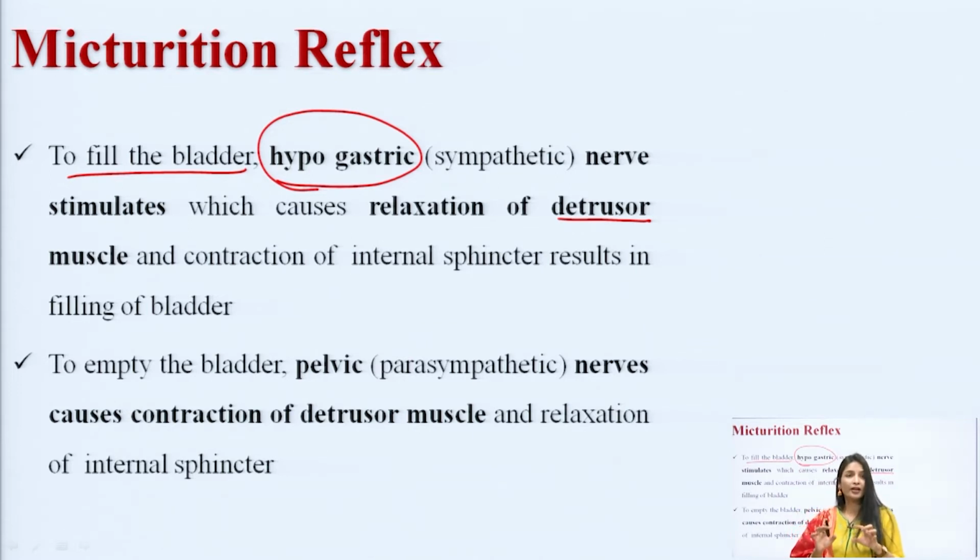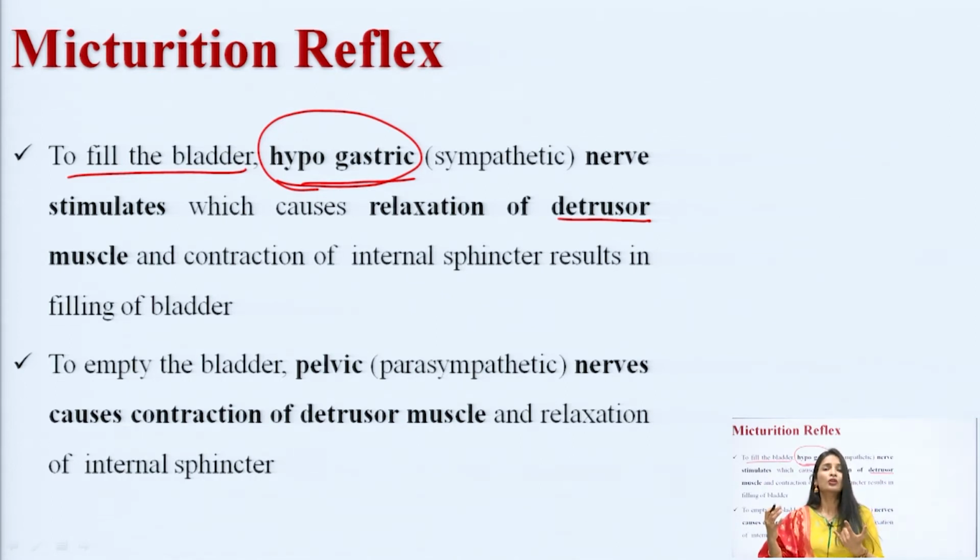So, to fill the bladder, the hypogastric nerve will get stimulated, and when this nerve is stimulated, what is going to happen? The detrusor muscle will get relaxed and the internal sphincter will get contracted. So, students, you can remember simply: when the sympathetic nerve is stimulated, the detrusor muscle will get relaxed. When the muscle is relaxed, the urine can be filled into the bladder, okay,